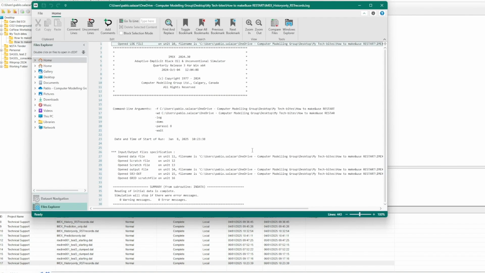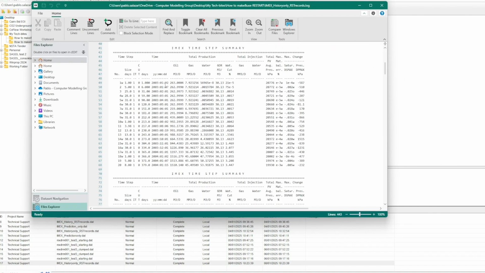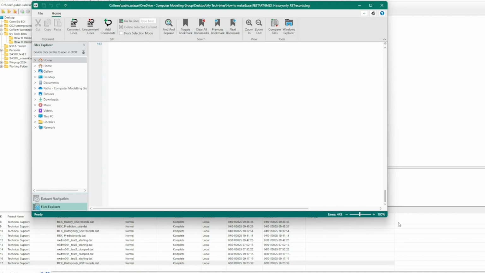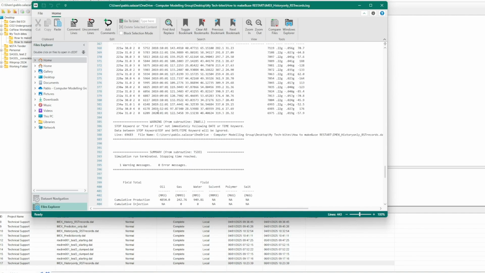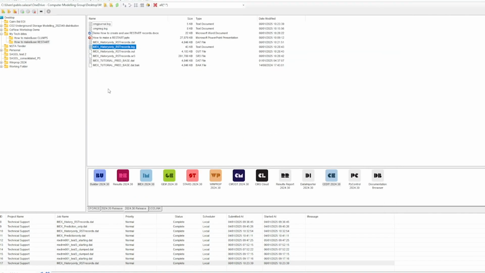So now I can confirm here that this simulation has run from the 1st of January 2003, which is the starting of the historical period, and the simulation ran until the 1st of January 2020, which is the end of the historical period. So the next thing I can check is that all the restart records have been effectively written